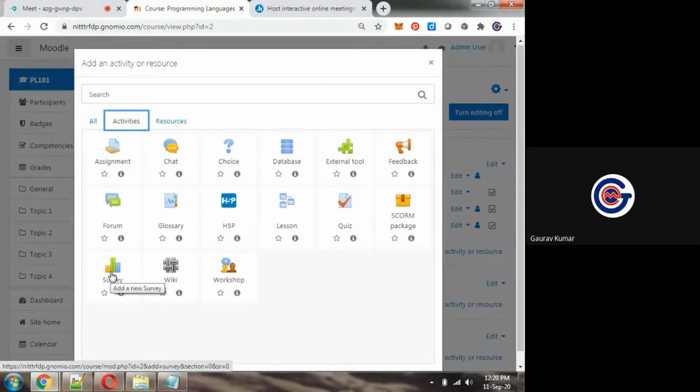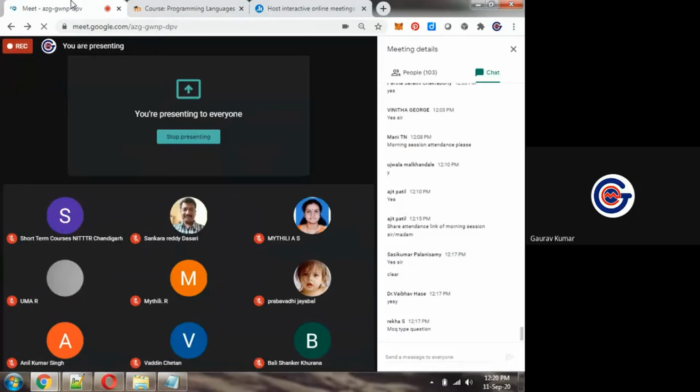Survey is also available. In case if we want to work on simple MCQ type questions, in that case we can use survey also. In many scenarios, you might have seen we have to ask some optional papers, some optional subjects from the students. To get the response related to optional subjects, what thing is done in traditional way?